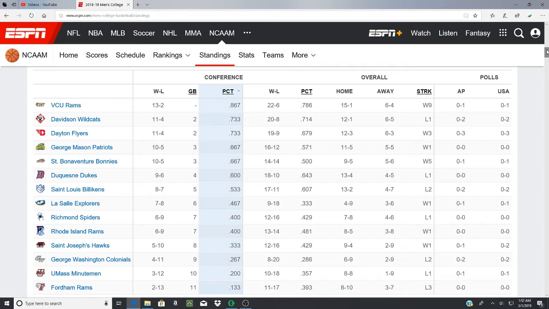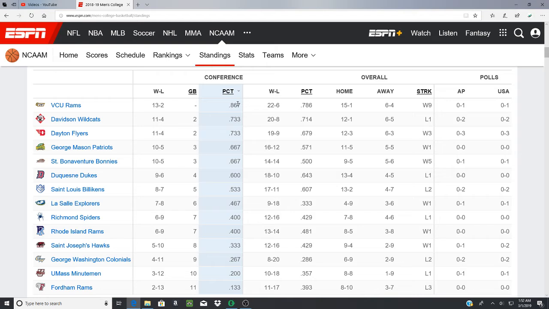or they have to be on the road, lose a road game, and then stay on the road and play another road team after one loss. This works really well. I don't like to fade teams going from the home to the road, or if they lose a home game and then stay at home. Okay, dynamic changes in that situation, but we're strictly talking about road teams losing and coming back home after a loss